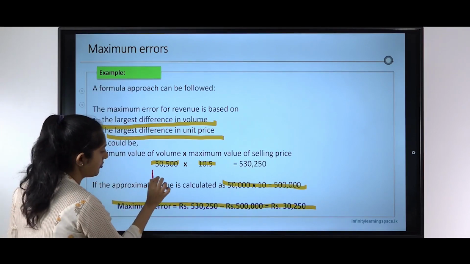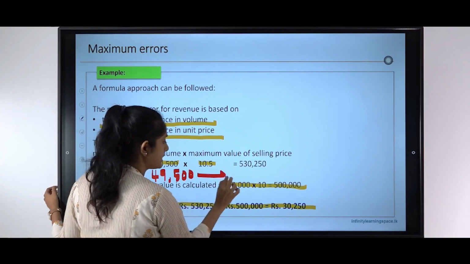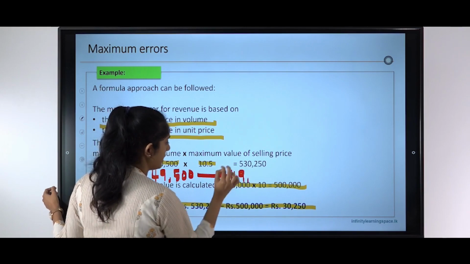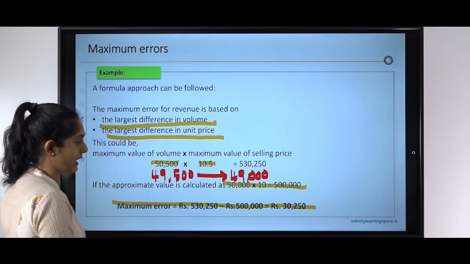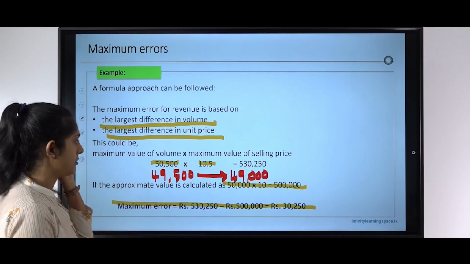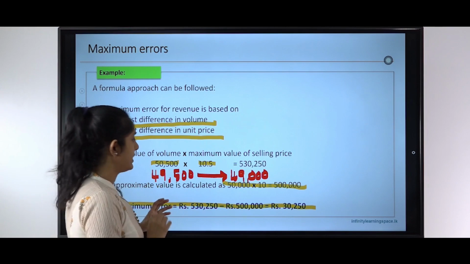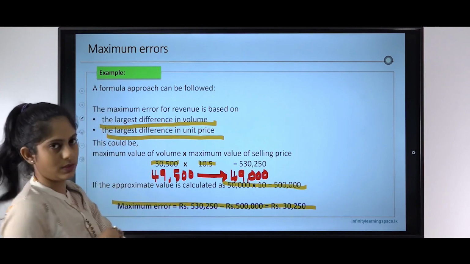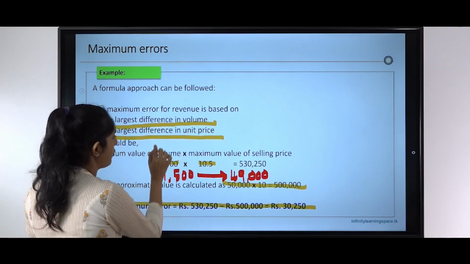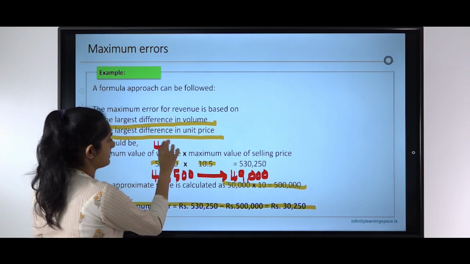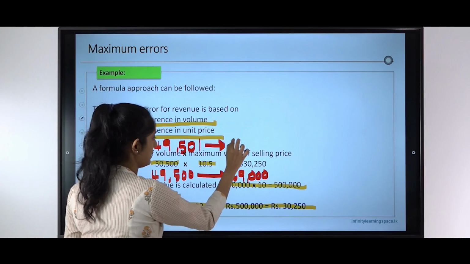If it was a 49,500, it would have been approximated to 49,000 because we round down whenever we have doubts, right? So 49,500 would have been rounded down to 49, right? But it wouldn't have gone up to 50,000. We won't overestimate. But if it was a 49,501, definitely you will round this to